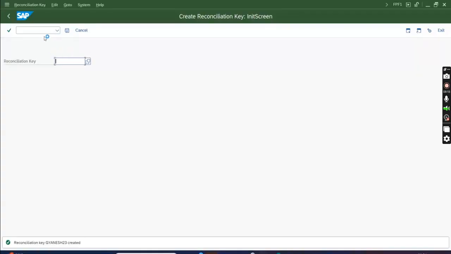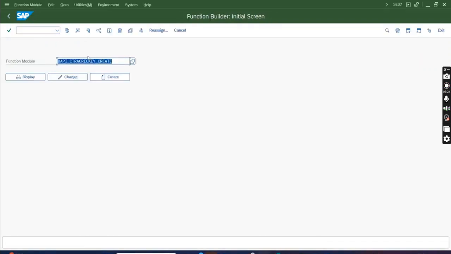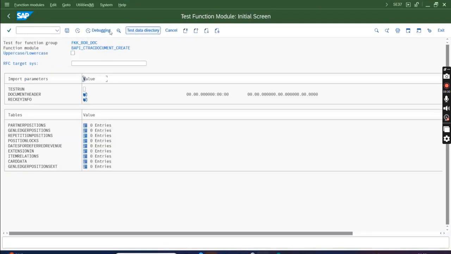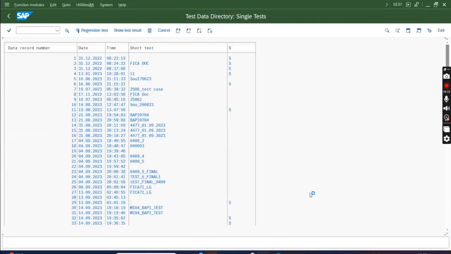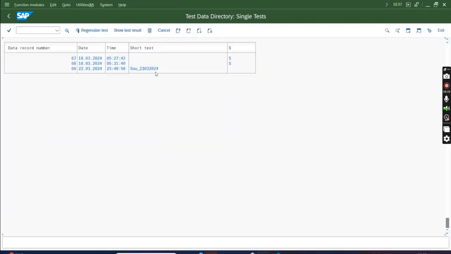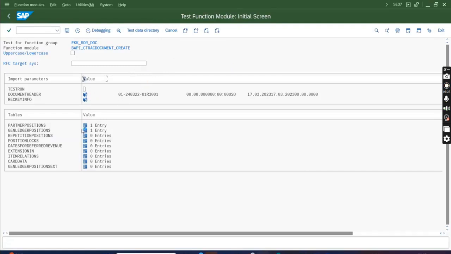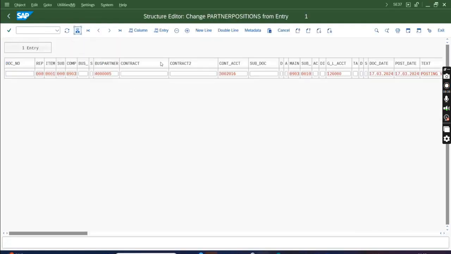When I executed, I did /n if SE37 test data directory. See, I have hard coded the 126,000 GL. When I go to the partner position, you see,